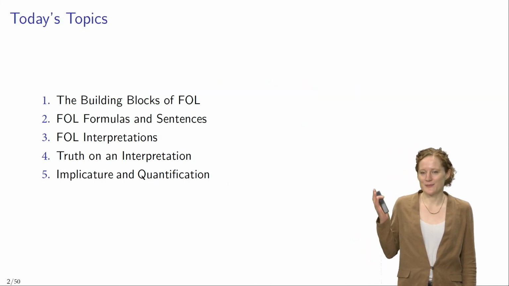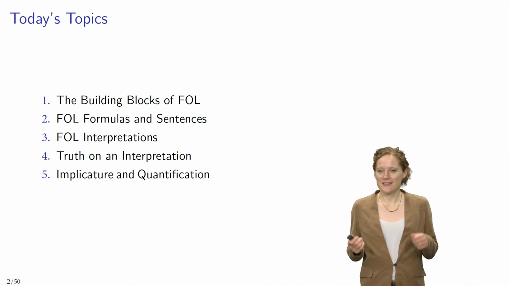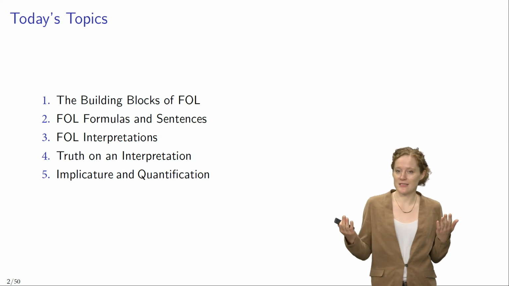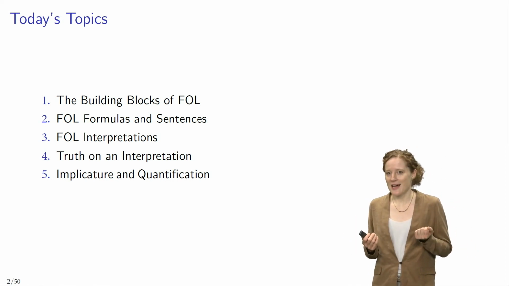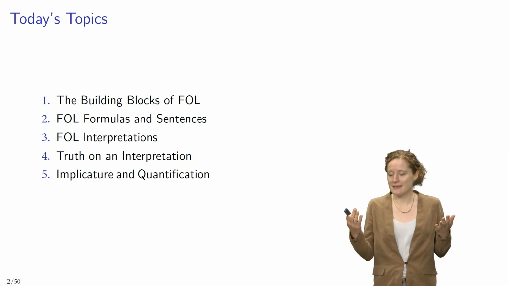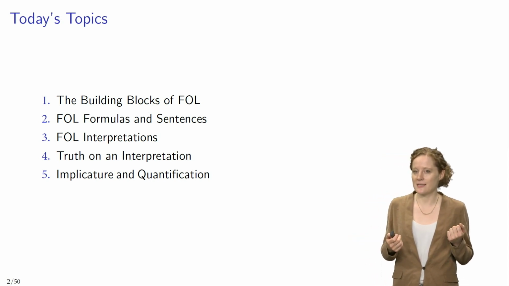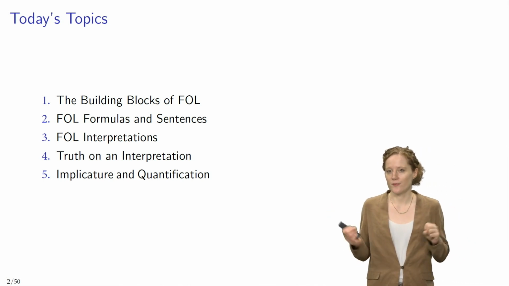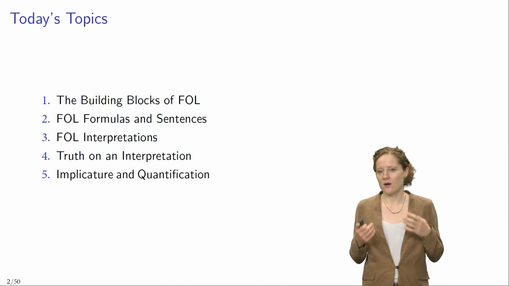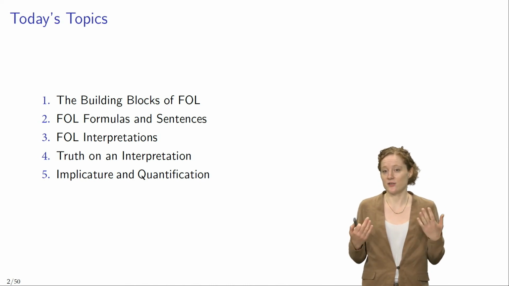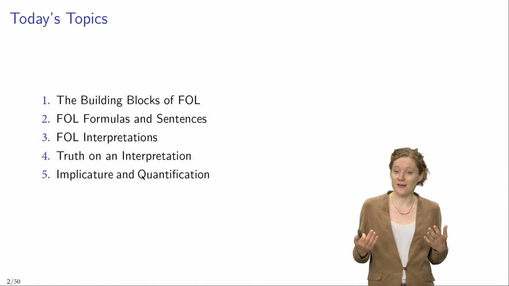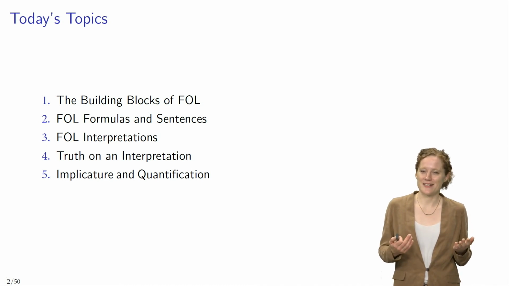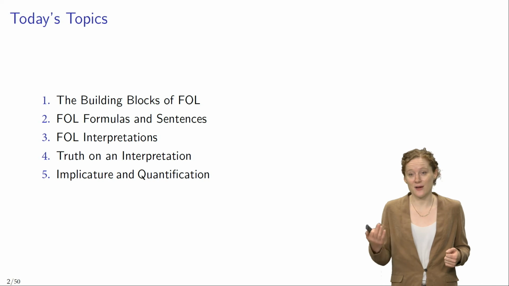This is how we are going to proceed today. We are first going to discuss the building blocks of FOL, meaning the symbols that go into this language. Then we are going to discuss how you can construct formulas and sentences using the basic FOL symbols. And then we are going to approach the topic of truth. So we are going to discuss how FOL formulas and sentences are interpreted, and specifically what an FOL interpretation is. And then we are going to discuss truth on an interpretation, meaning the conditions under which FOL sentences are true